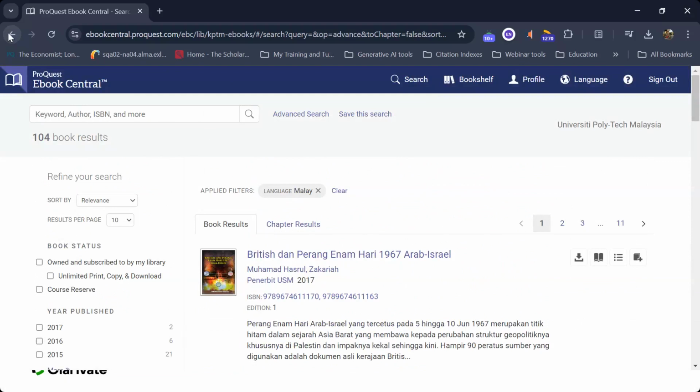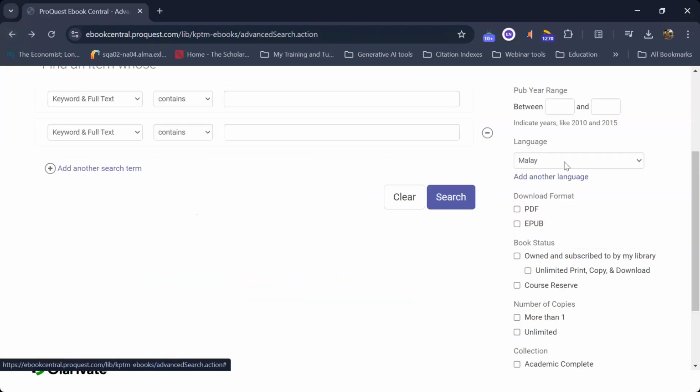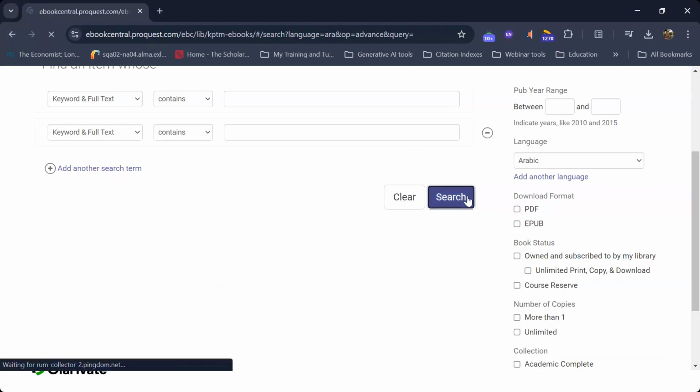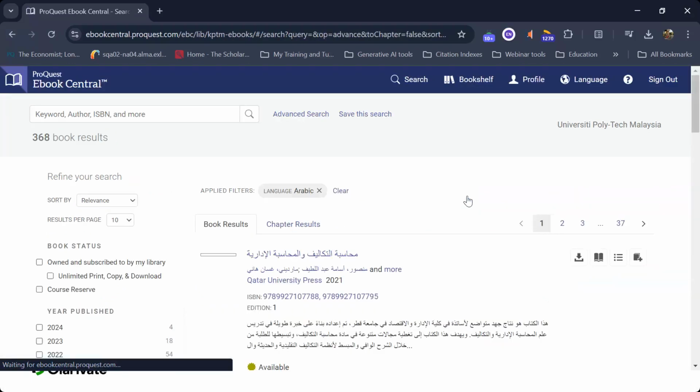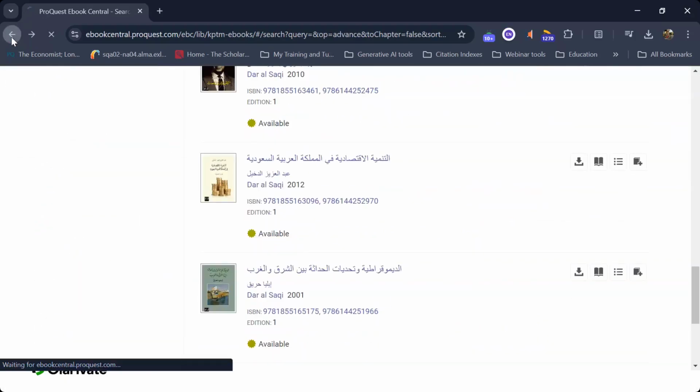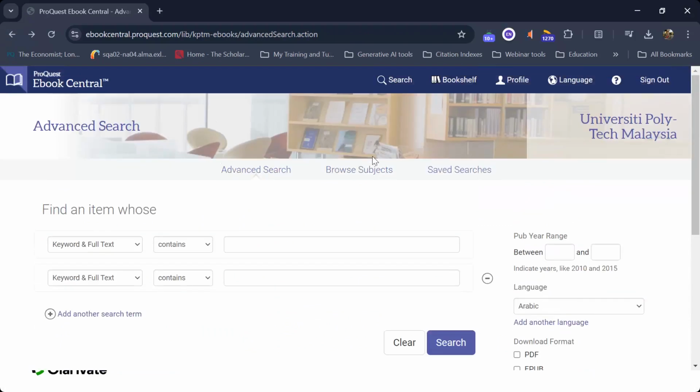If you want to look at books in other languages, for example Arabic, you can change this again and explore. Is there any books in Arabic language? There are lots of books. If you want to explore, you can do so. So now you know how to